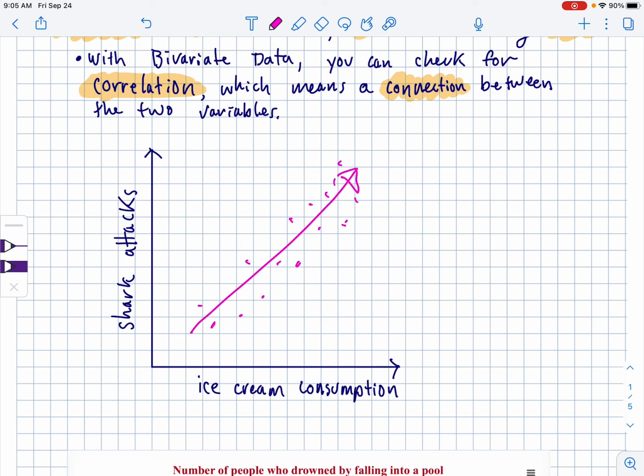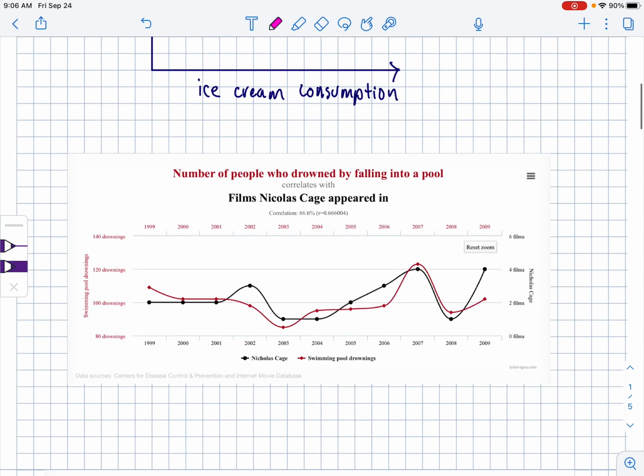So shark attacks don't cause ice cream consumption and vice versa. Eating ice cream doesn't make it so you're going to get eaten by a shark. It's because temperature is a confounding factor here. As the temperature increases, more people eat ice cream, and also more people go into the water, and therefore shark attacks happen. Shark attacks are very rare, by the way, but it is true that the more of them that happen in a certain place, the more ice cream is eaten. Some classic correlation without causation. Oh yeah, so there's no causation here. They're correlated for sure, but not causated.